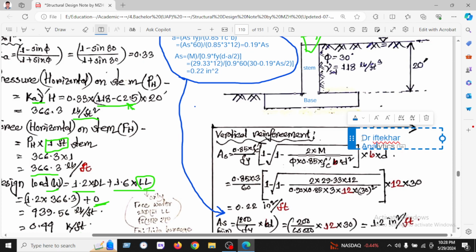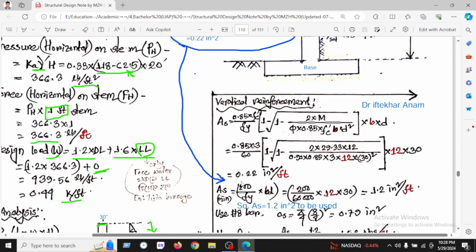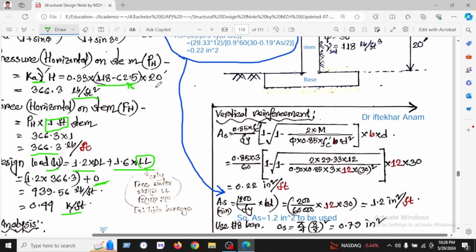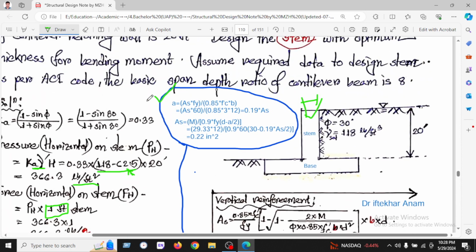Reported by Professor Dr. Iftikhar Anam sir, a professor of the University of Asia Pacific, and found 0.22 inch square per feet. On the other hand, we can use the conventional method, or this formula as Fy divided by 0.85 f'c b, and found 0.19 as, and putting this value here, M